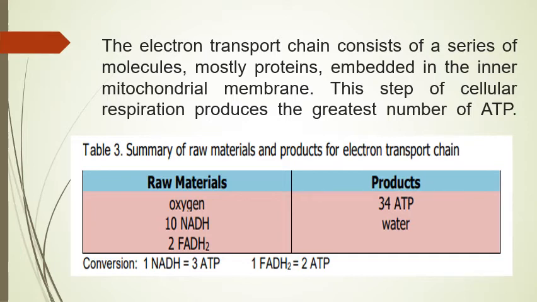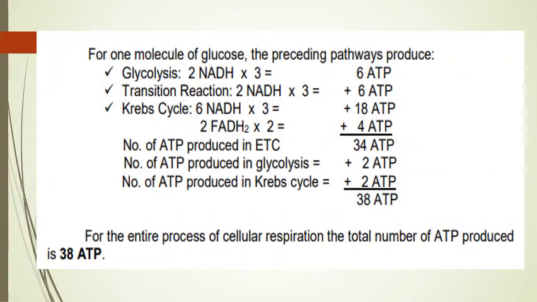Conversion: 1 NADH equals 3 ATP and 1 FADH2 equals 2 ATP. For 1 molecule of glucose, the preceding pathways produce: glycolysis, 2 NADH times 3 equals 6 ATP, plus 6 ATP for the transition reaction, 2 NADH times 3. Krebs cycle, 6 NADH times 3 equals 18 ATP, 2 FADH2 times 2 equals 4 ATP. Number of ATP produced in ETC